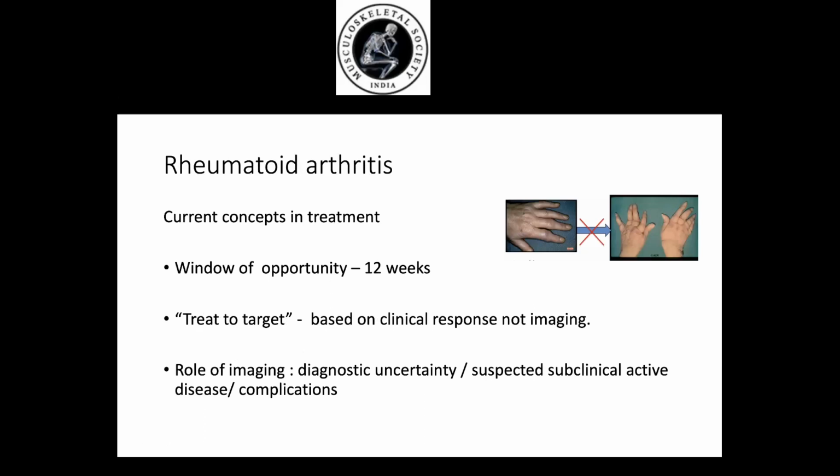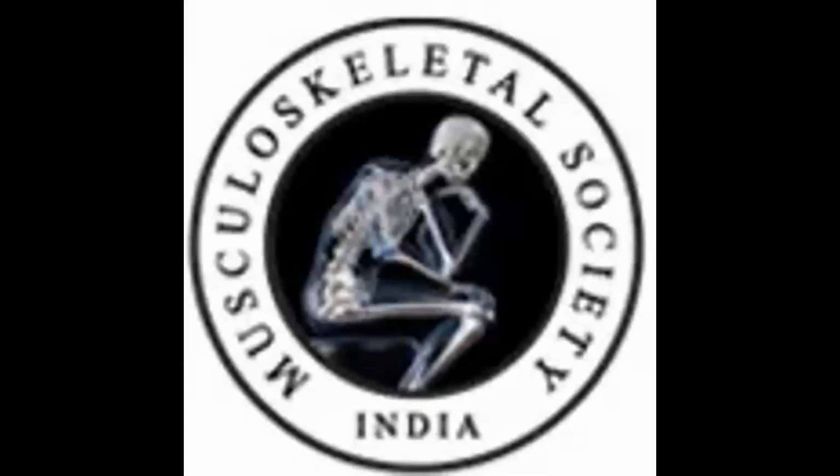We'll start off with rheumatoid arthritis. For the purpose of my talk today, I'll be discussing rheumatoid arthritis, peripheral and axial spondyloarthritis, and infective arthritis. So the current concepts in treatment are the window of opportunity, which has already been discussed. And this window of opportunity of 3 months does not mean that if the patient comes to the clinician after that period, treatment is not given. Surely it is, but it is best to